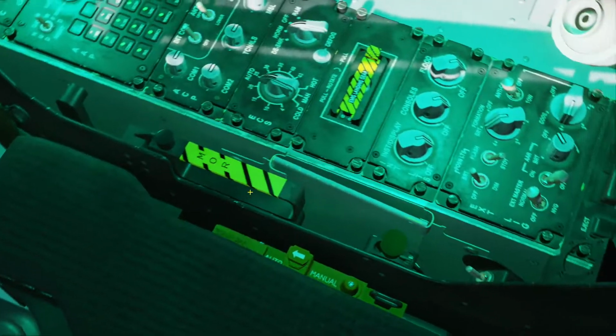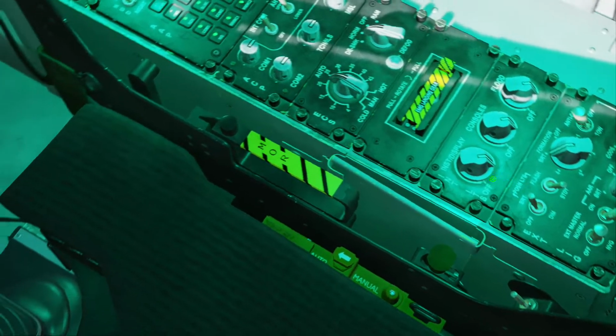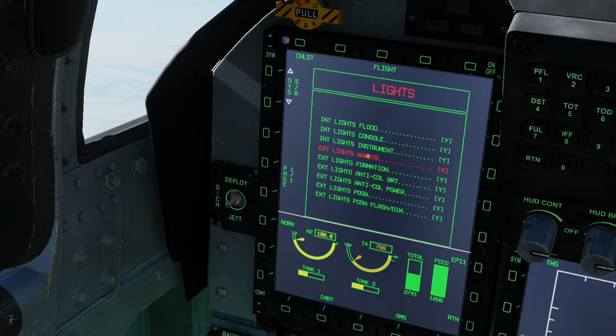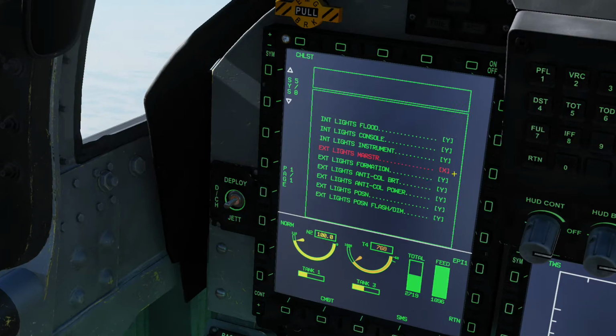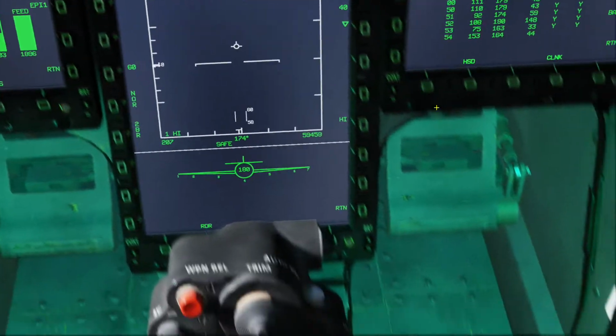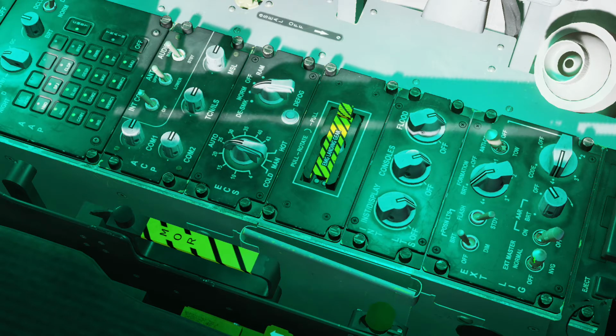I'll do it again for the viewers to show. I'll turn off the exterior lights master switch to off in the flight mode, and I will see the exterior lights master switch off marked in red over here, and there's an X also present over here, which indicates that these lights have to be turned on, and the lights menu page is red and blinking. So I'm going to turn it on right over here to normal,